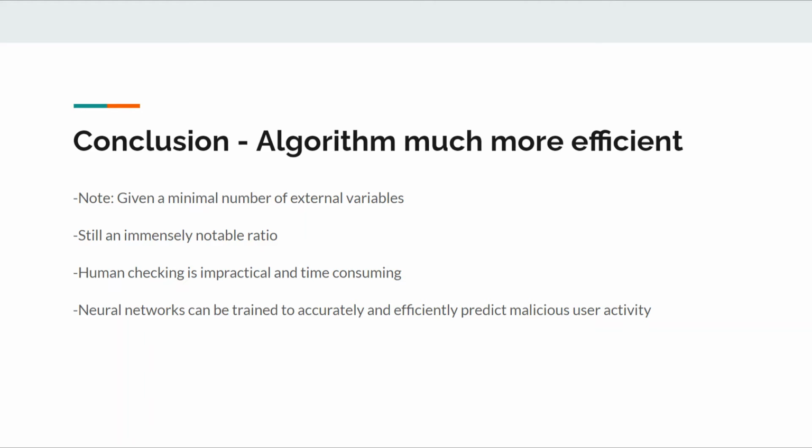It should be noted that we made sure that the external variables going into this experiment were minimal, so the neural network was able to perform very easily. It didn't take a lot of work. But even given that, the 22.1 seconds to less than a second ratio was very much worth it. Like I said earlier, human checking is impractical. It takes time, it takes effort. And all of this goes to prove that neural networks can and should be trained to predict and ensure the security of online networks and to prevent